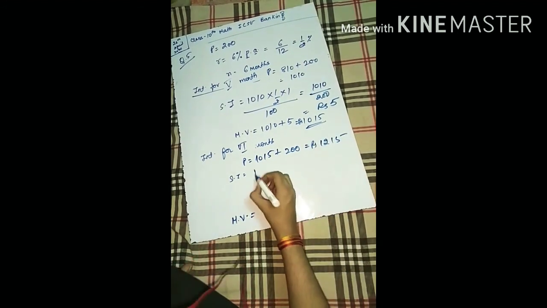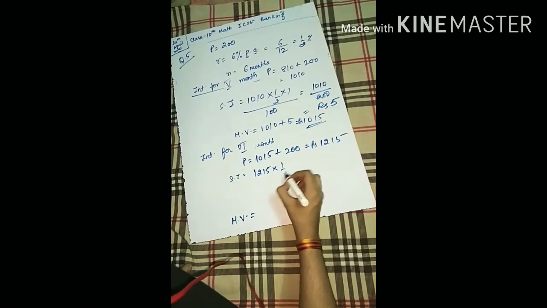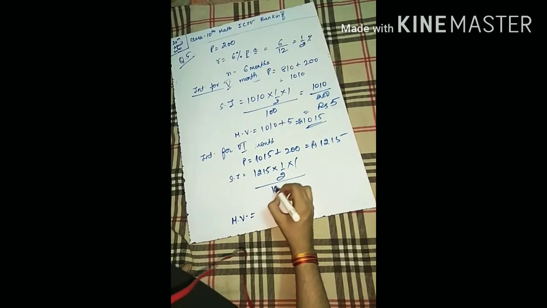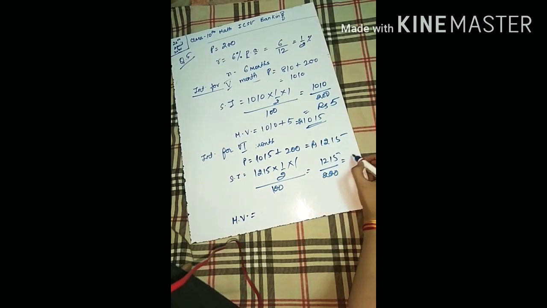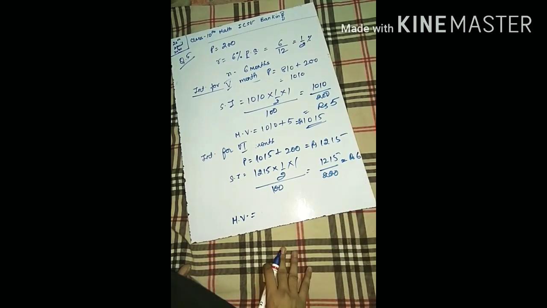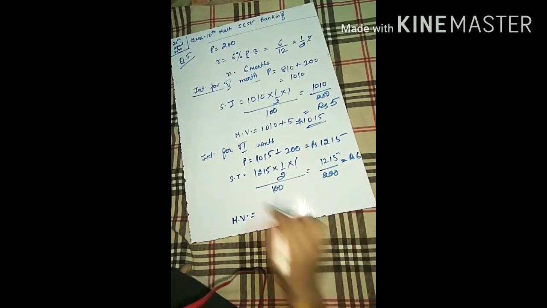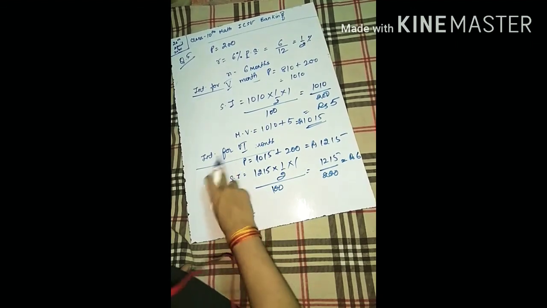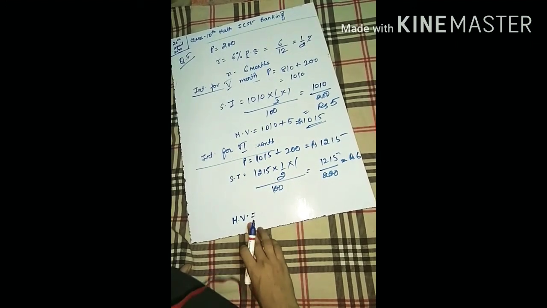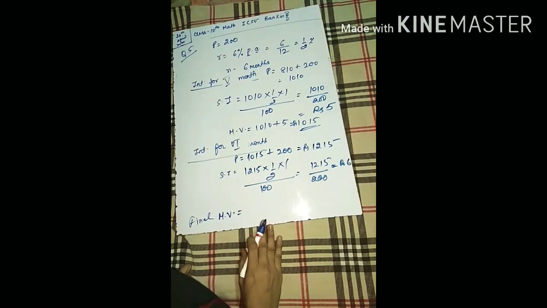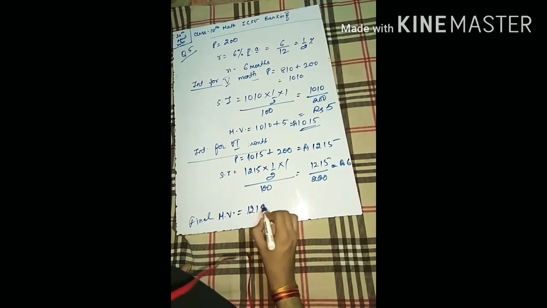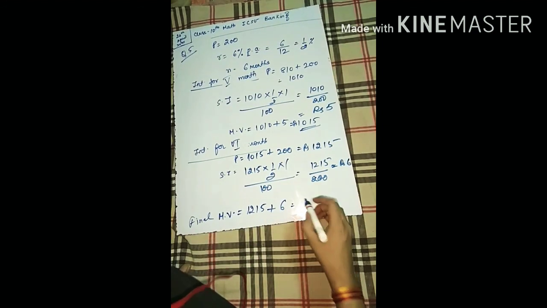Simple interest formula again. 1215 upon 200, this will give you somewhere 6 rupees. Okay, now the final stage, this is the final result after interest after 6 months. So what will be the final maturity value? This will be 1215 plus 6, this will give